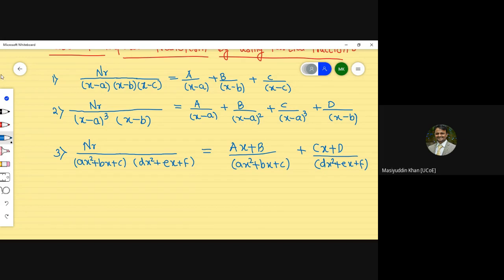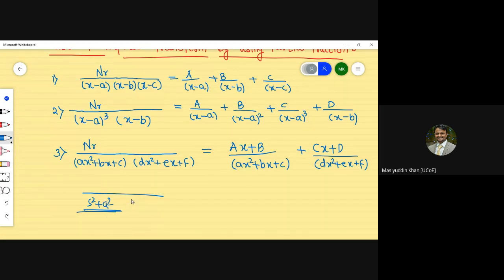So I hope I'm pretty clear about what exactly we have to apply when the quadratic terms are there. In an examination, if the term is like s square plus a square, this is not a repeated term. This is a quadratic. You just see to it that s square is there, which is like x square: a is equal to 1, b is 0, and c is a square. So you just make these things clear.